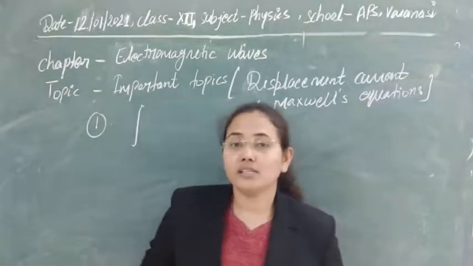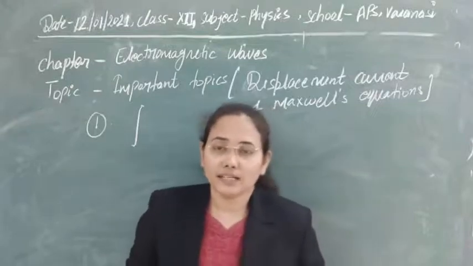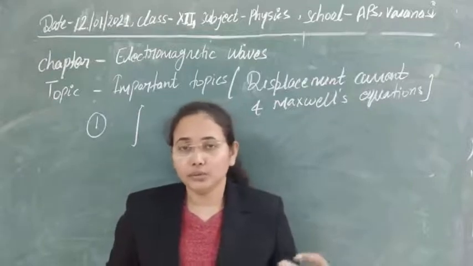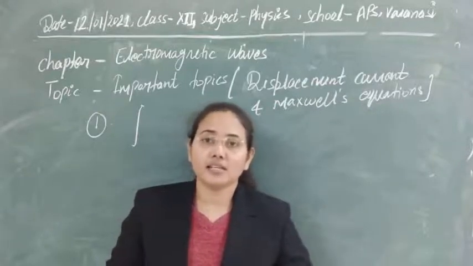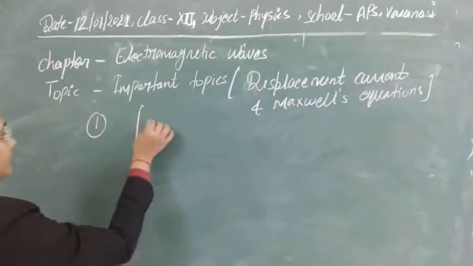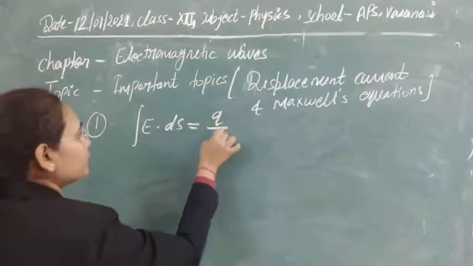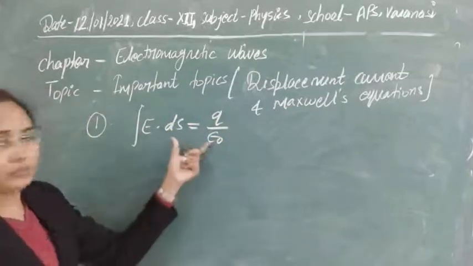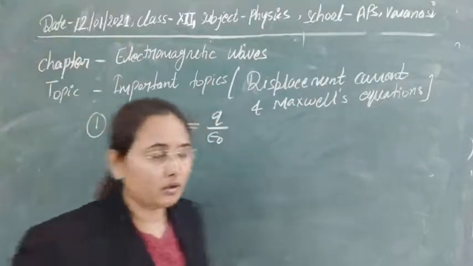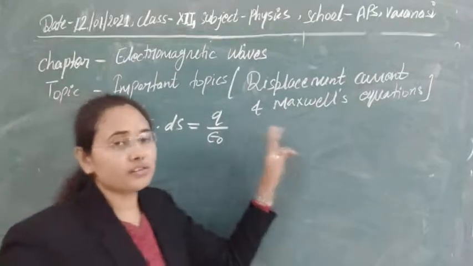and with the help of it you can easily calculate the electric field at some point due to a conductor or due to any charge sheet that is given to you. In that case it is given by the closed integral of E dot dS, that is equal to q by epsilon 0, if charge q is enclosed. This is the integral form of Gauss's law of electrostatics, and this is known as Maxwell's first equation.